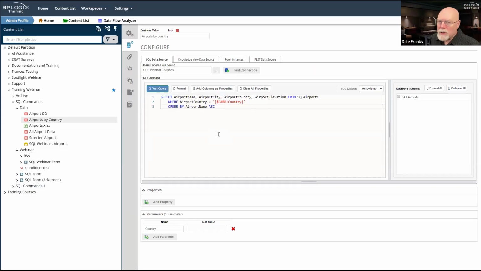But now we're going to be using commands that actually alter the data that exists in the table that we're looking at. And we can't really use business values to do that. Well, that's not entirely true. We can, in fact, use business values to change data in the table.